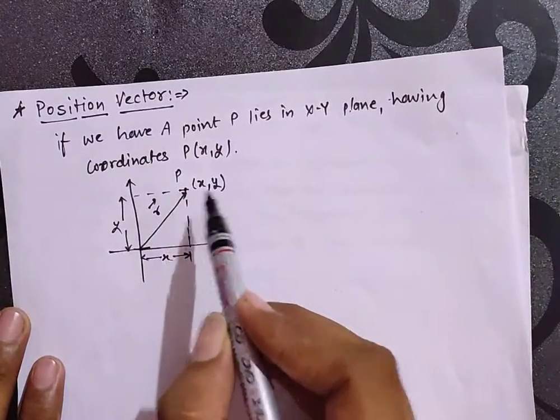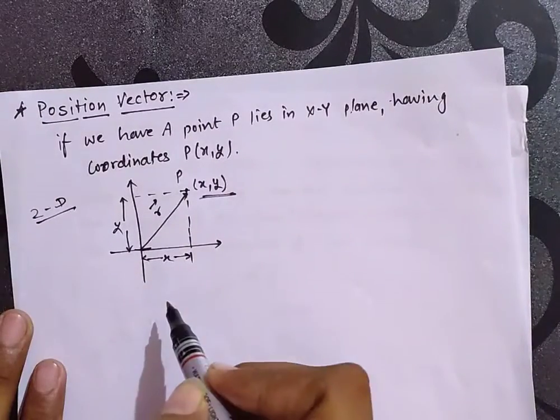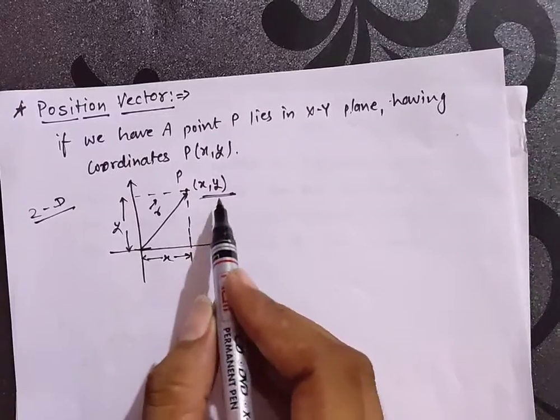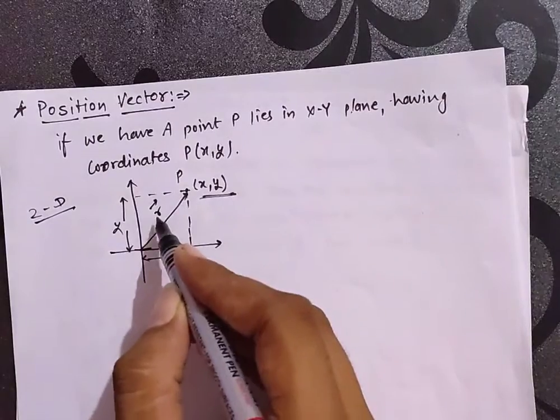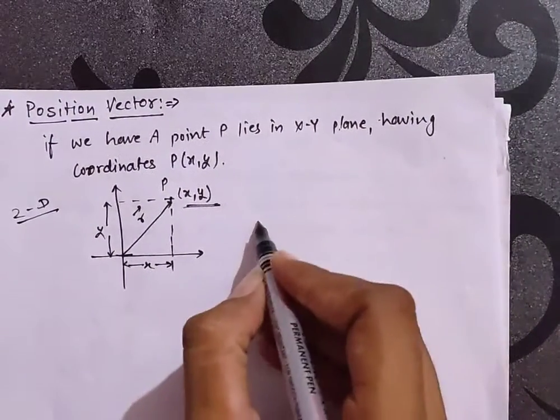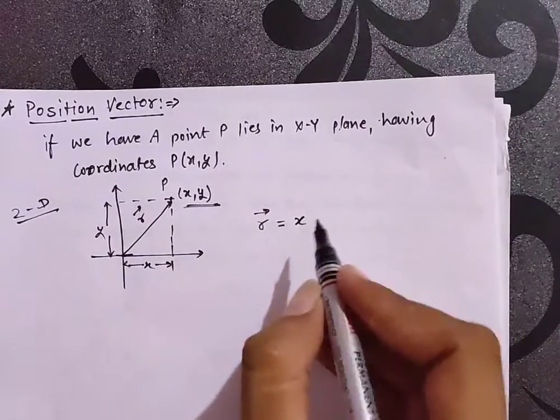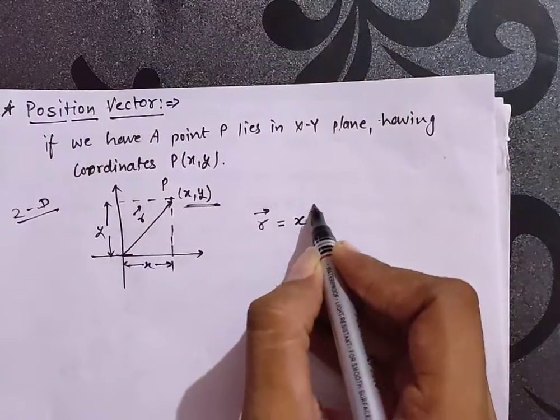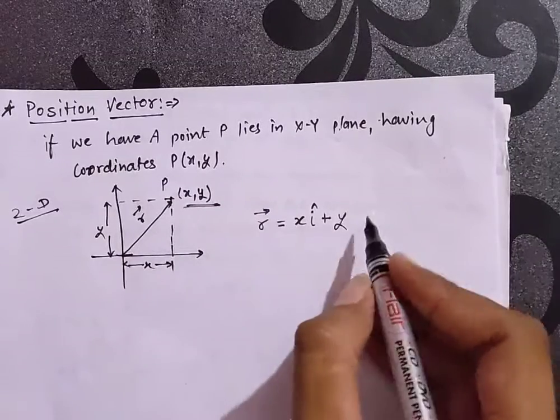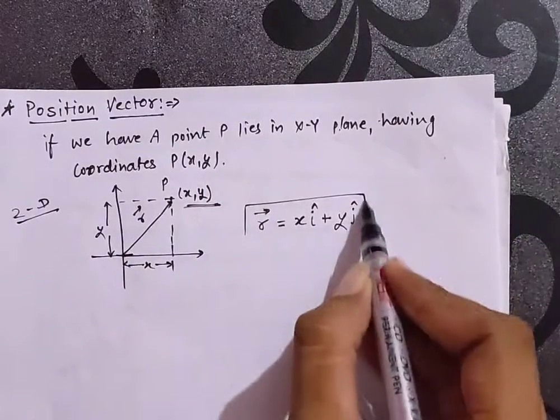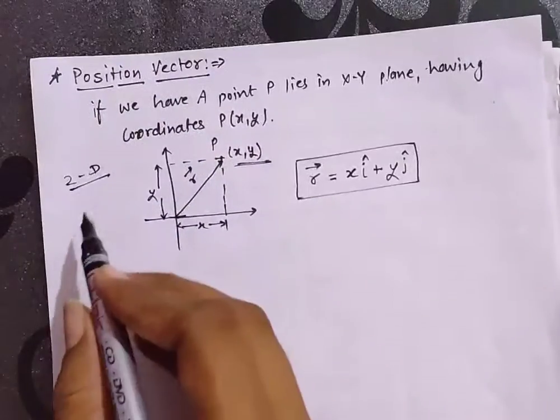तो किसी पॉइंट P के लिए जिसके कोऑर्डिनेट्स x एंड y हैं, जो किसी टू डायमेंशनल स्पेस में लाई कर रहा है, उसके ओरिजिन से जो डिस्टेंस होगा वो कहलाएगा उसका पोजीशन वेक्टर। उसको रिप्रेजेंट करेंगे r इज इक्वल टू x, जो उसका मैग्नीट्यूड है इन द x डायरेक्शन, एंड यूनिट वेक्टर ऑफ x डायरेक्शन इज i cap, plus y, and unit vector in the y direction is j cap. So r is represented as x i cap plus y j cap. This is for two dimensional.